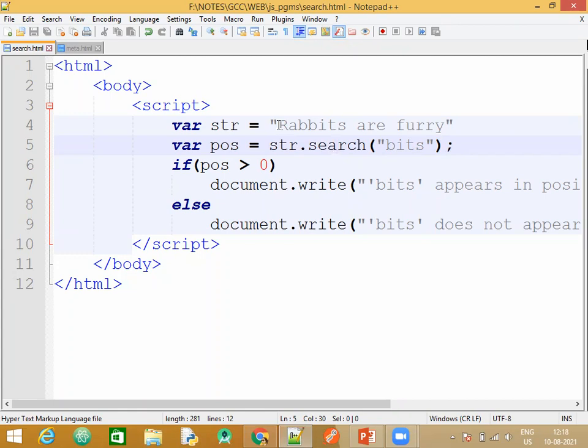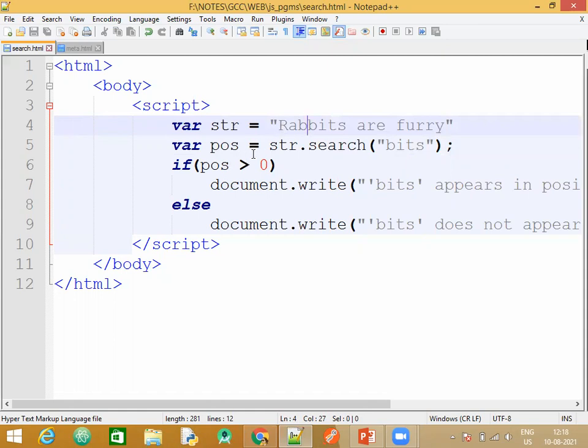But if you have a look at this word, there is also the word rabbits, right? Now I have just mentioned from the second one, bits I mentioned. Now you come to the index value. R is 0, 1, 2, 3. So what does the search function do? It returns the position or the index value.